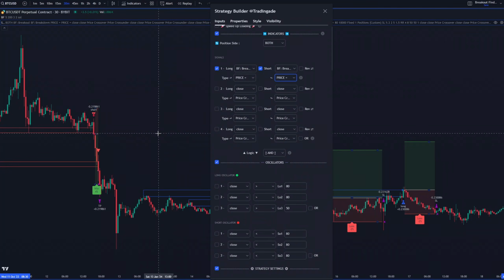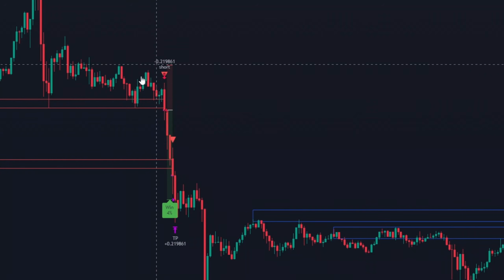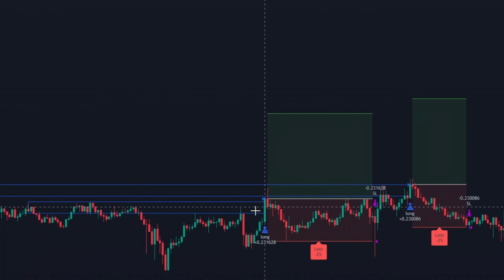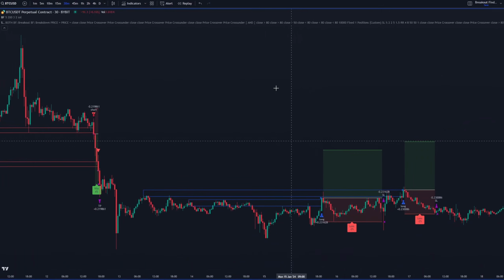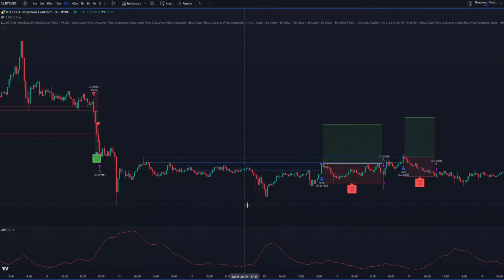It's absolutely simple. As you can see, here we have a red triangle and our strategy builder has produced a short entry signal. Whereas for a long position, we have a blue triangle and the long position is generated. So considering that we are dealing with a breakout strategy, it could be a good idea to add a volatility filter, and we will use the ADX, the average directional index. The logic behind the volatility filter is that we will open a position only if the ADX is above a certain level. In this case, we will set level 20,